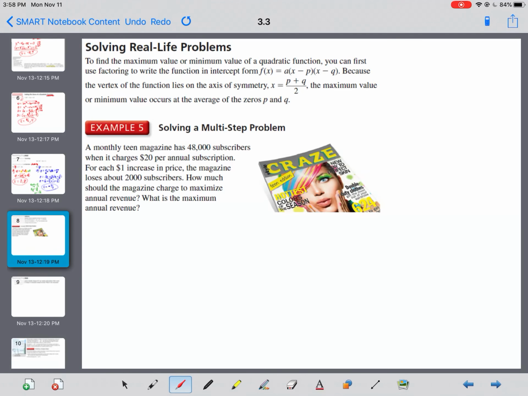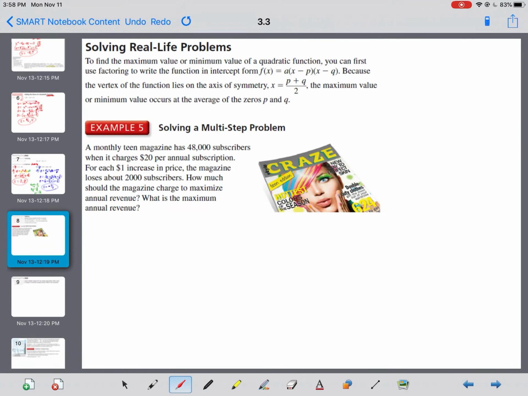Now, real life problems. Maximum or minimum value of a quadratic function. You can first use factoring to write the function in intercept form, because the vertex of the function lies on the axis of symmetry, which is p plus q over 2. The maximum value or minimum value occurs at the average of the zeros of p and q. So,